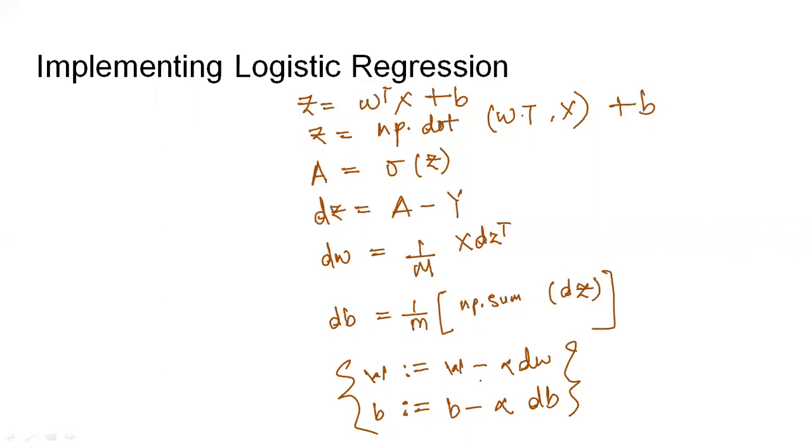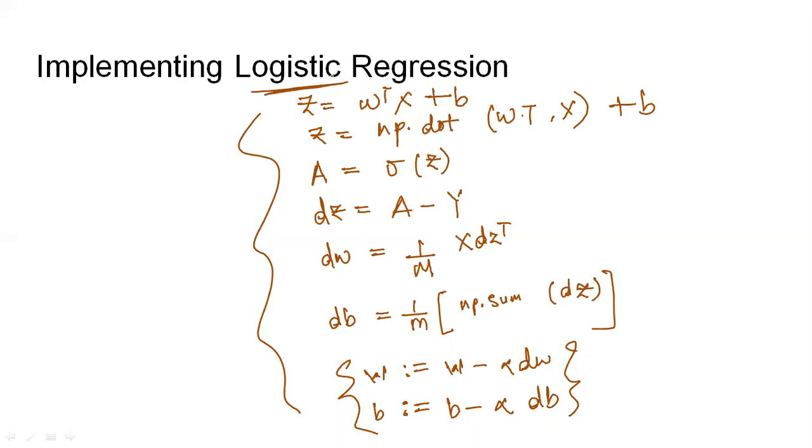Many of you may forget to update the parameters, but updating a parameter is a very crucial step. Also note that till now, in what we have written, we have tried to the utmost extent to remove all the for loops. But suppose you want to iterate these steps say 1000 times, then you need to apply a for loop at the top, for i in range 1000 or something like that.